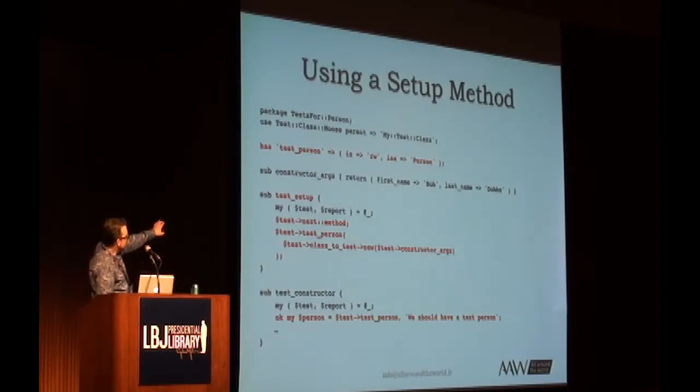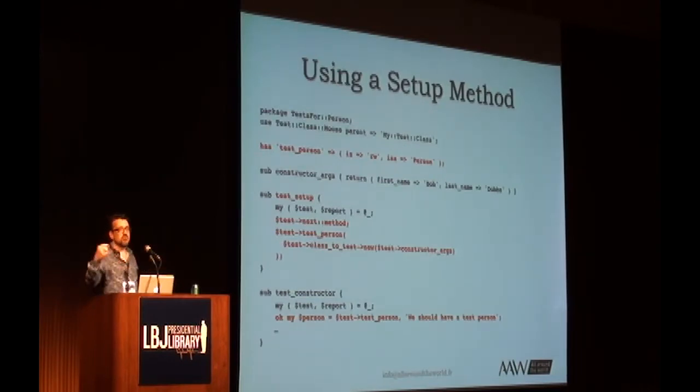Now notice we have this attribute, test_person. I showed you that just to make one thing clear. Test::Class::Moose cares about methods beginning with test_. It doesn't care about attributes beginning with test_. So in this case, we have an attribute called test_person. Test::Class::Moose knows nothing about it because it's an attribute. It doesn't care. And then in our test_setup method, remember, test_setup is run before each and every test